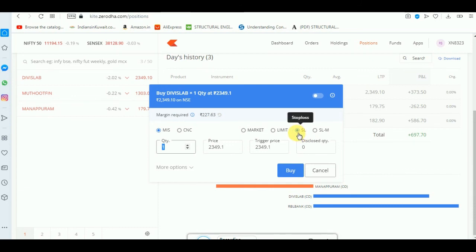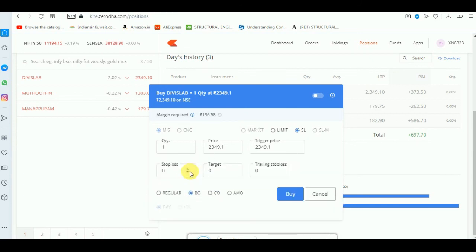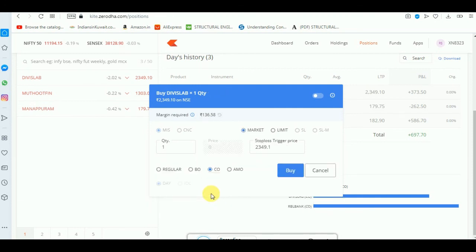Basically this is a stop loss order, and you can change it here to a regular stop loss order. If you select a bracket order, you need only 136 rupees, 136.58. A cover order will also have the same thing. Yes, I think this will be very useful, especially for day traders.